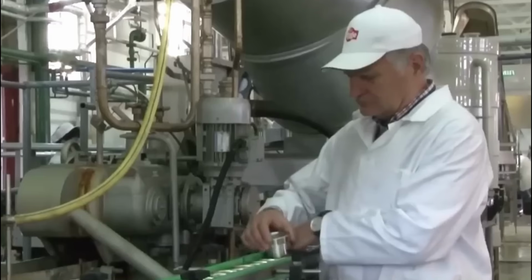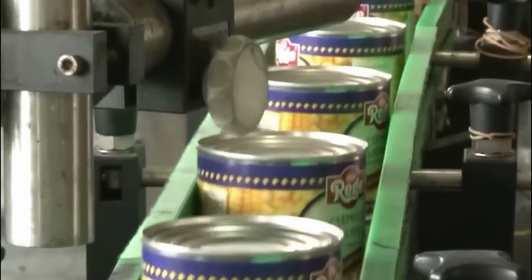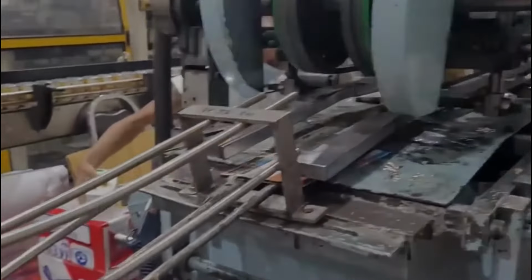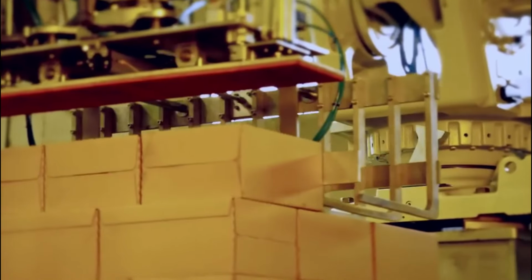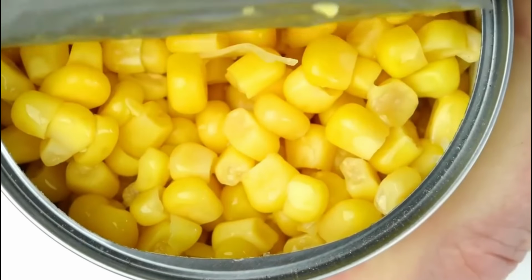The final steps are all about getting the corn ready for your table. Each can is labeled with essential information like production and expiration dates, ingredients, nutritional facts, and batch codes. The cans are then packed into boxes and stored in climate-controlled facilities to maintain quality. From there, they're shipped to supermarkets and stores across the country, ready to be tossed into your cart for your